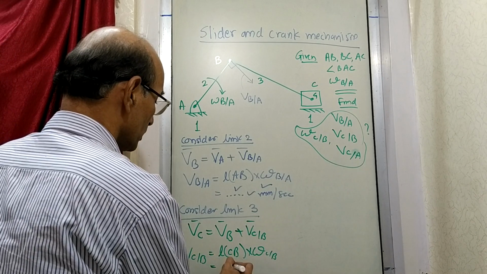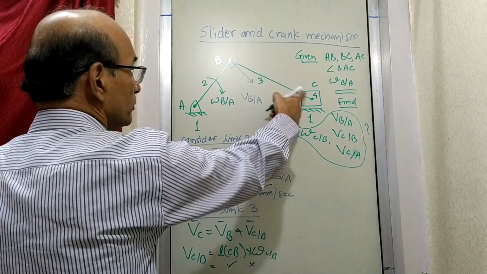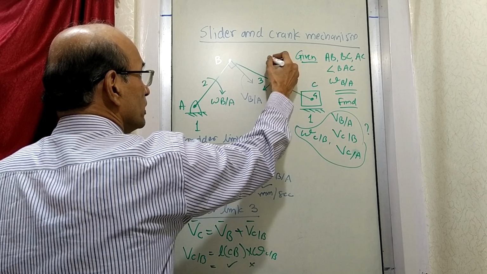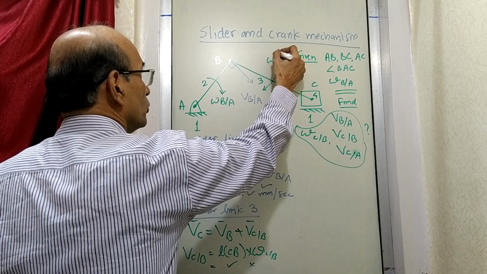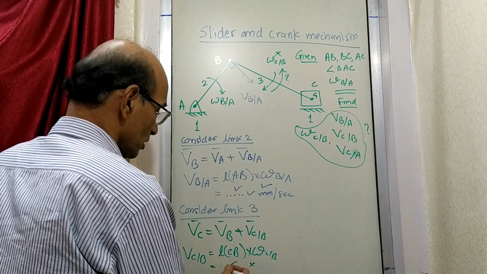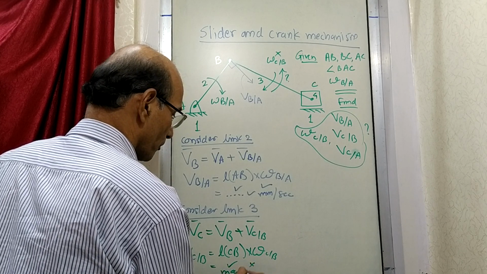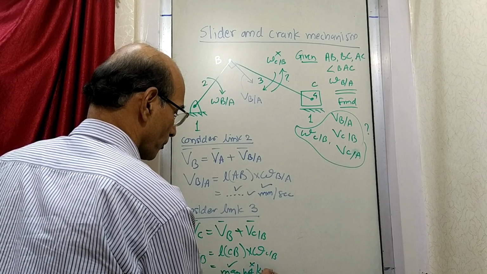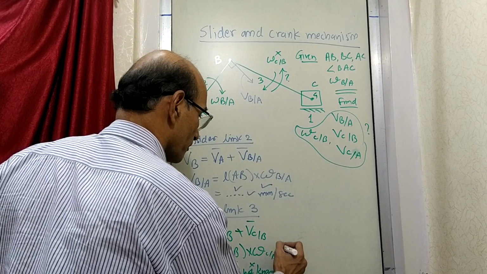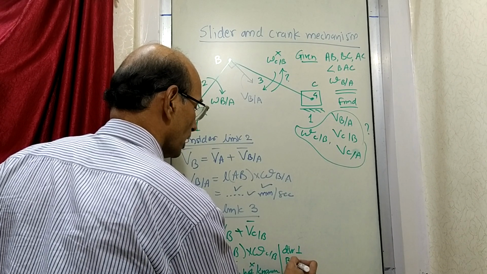Now out of that, length CB you know, but the angular velocity of C with respect to B, what is the angular velocity? Is it like this or is it like this, and how much it is? We don't know. Right now we don't know. So because we don't know this, you cannot find out the answer. But you know that direction is perpendicular to line BC. Magnitude you don't know.